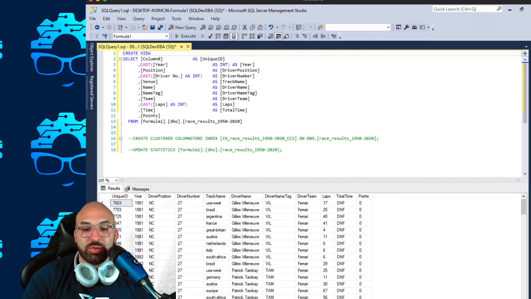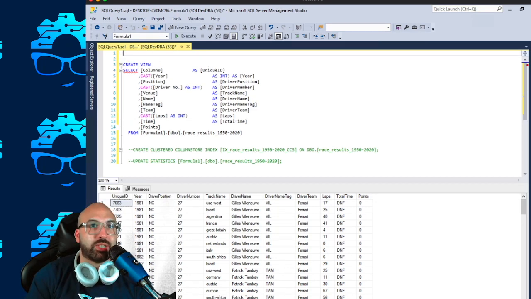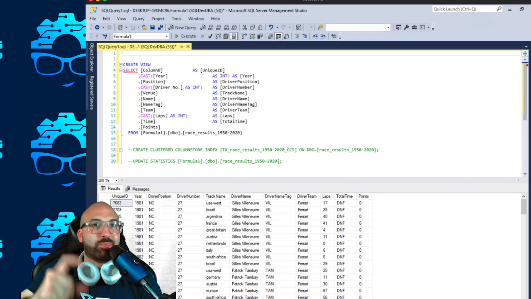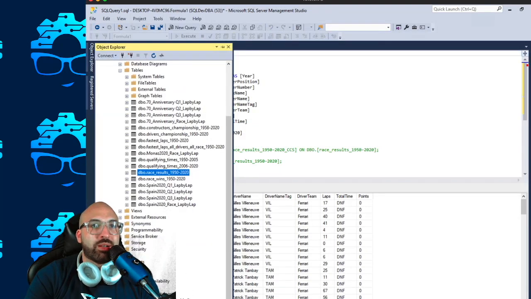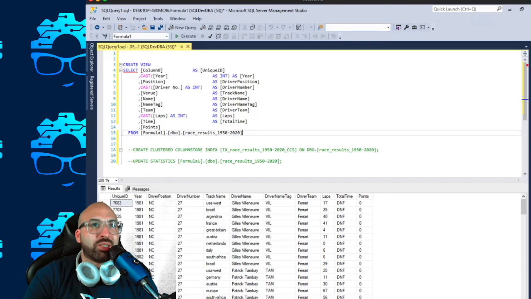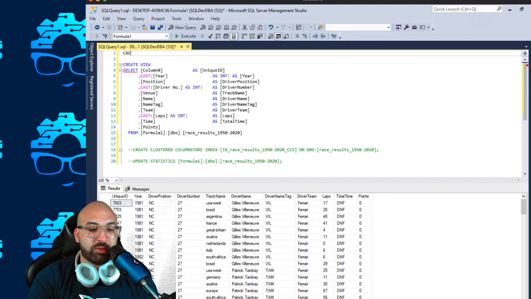And then, you know what I actually want to do is create a new schema so I can organize all my reports. See, here I have all my tables, but I want to be able to organize my reporting areas as well, or my reporting objects. And even though they're going to be probably in the views, just in case I add views for other stuff. So I'm going to go ahead and create a schema. Create schema